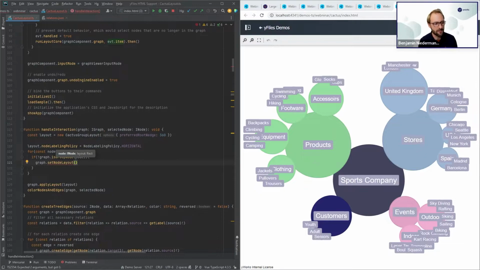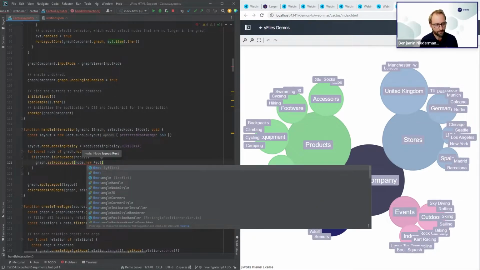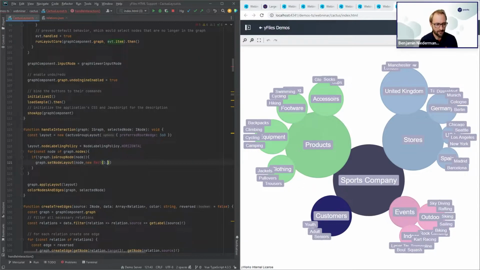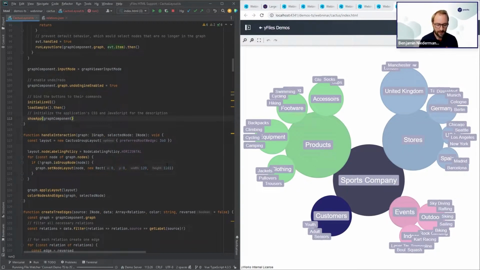And here we can use the method setNodeLayout. And then we set here the node and then also the rectangle. And we can set this, for example, to 100 and 120 and 120 pixels. Applying this again,